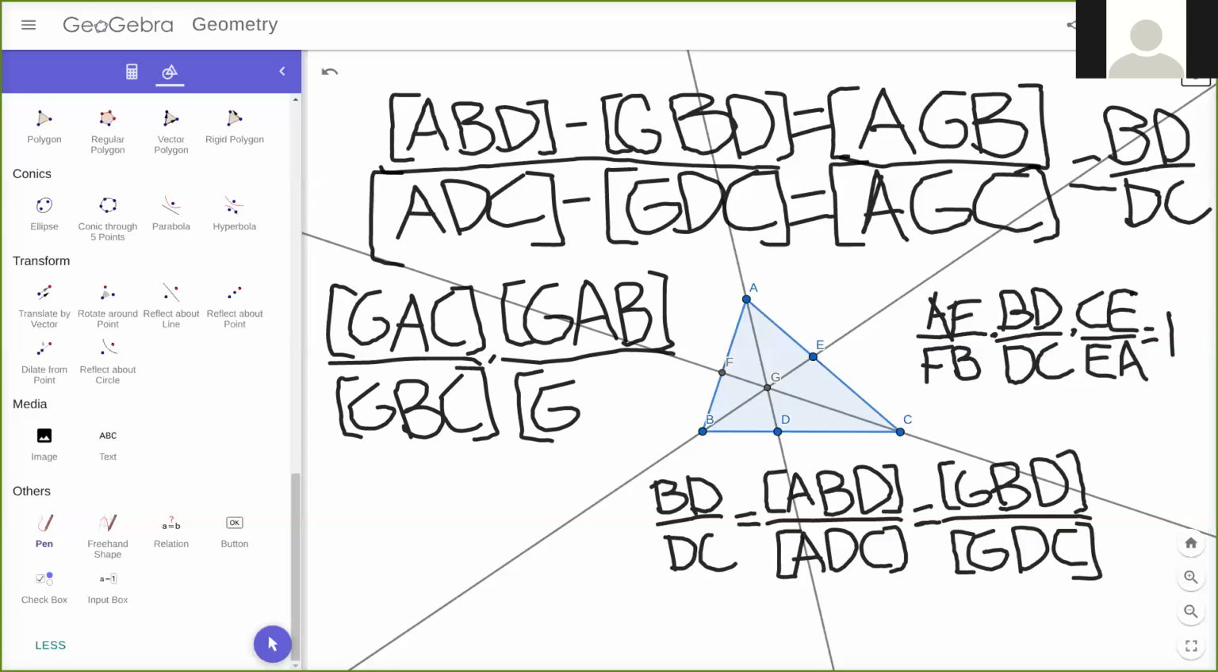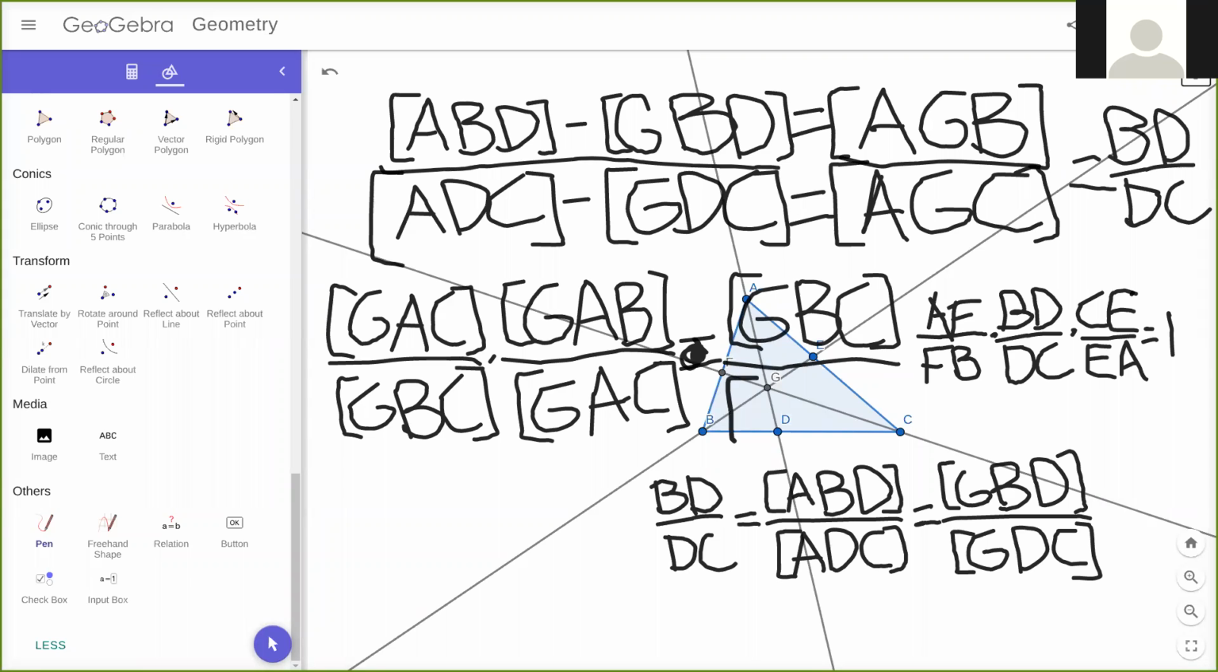Over GAC. And then finally CE over EA. So CE over EA is the area of GBC, this triangle, over GBA. So CE over EA is equal to the area of GBC